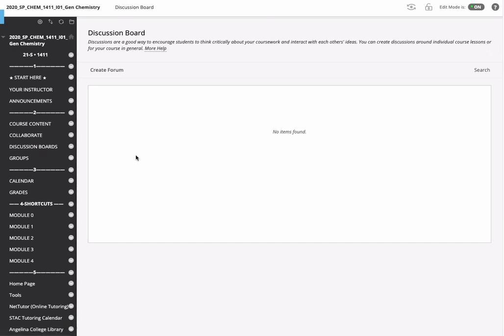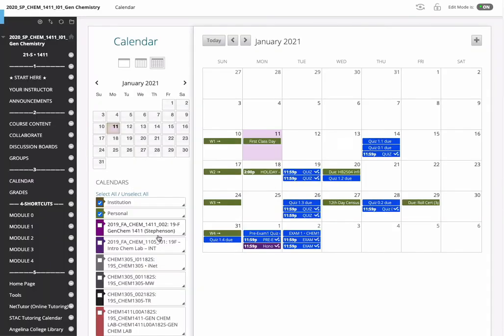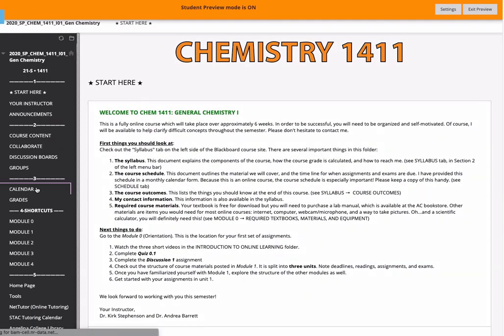Discussion boards: it's not up yet, but you'll have a discussion board assignment where you all meet each other. If we have a group project, you will be assigned to groups, and you will find that information under the groups folder. There is a calendar associated with this course, and